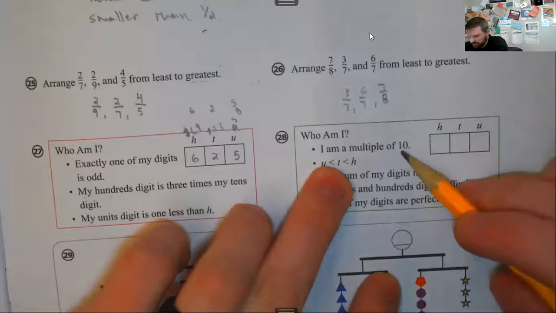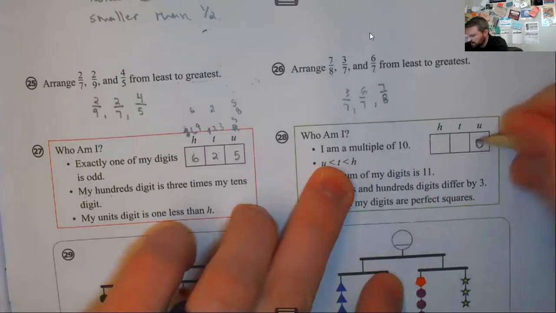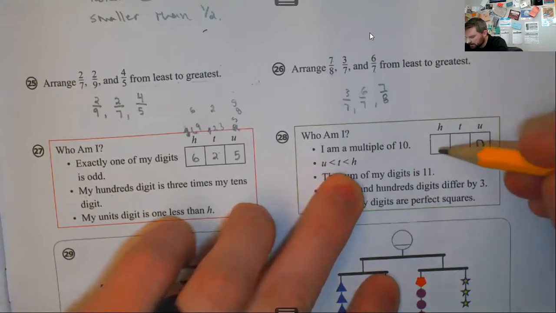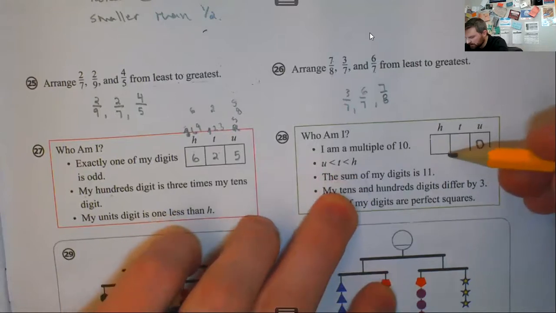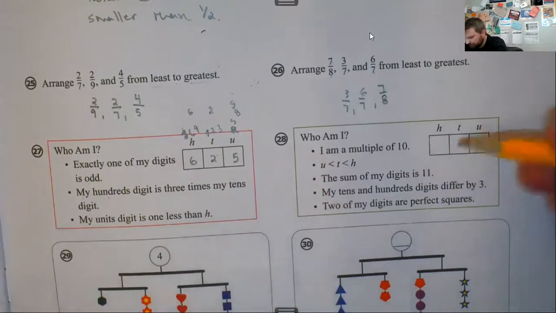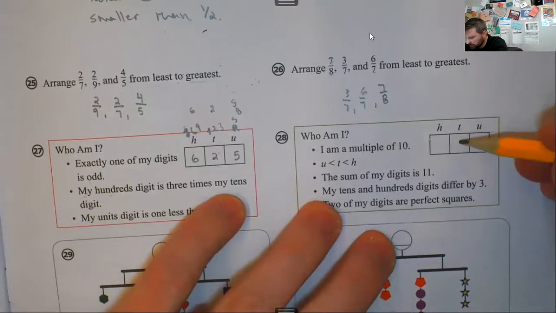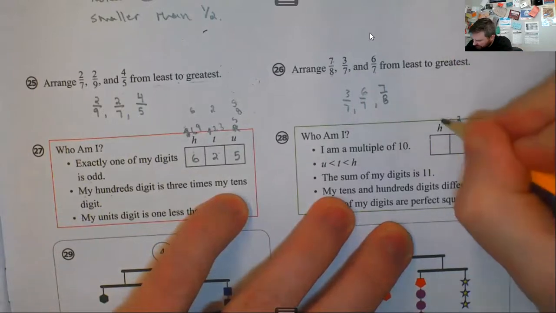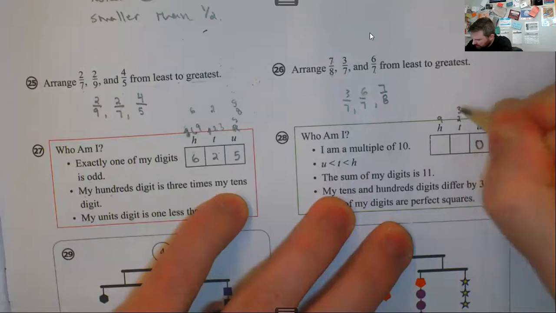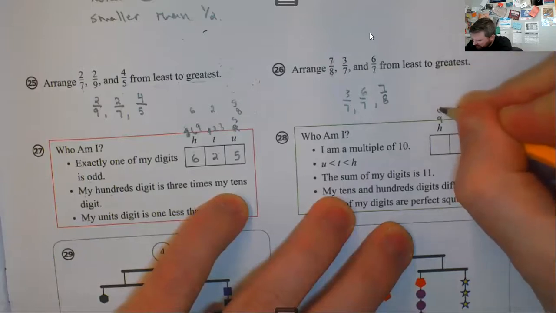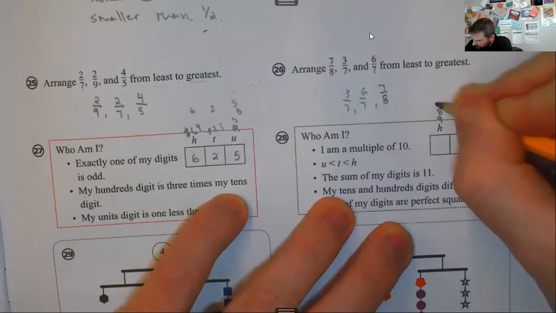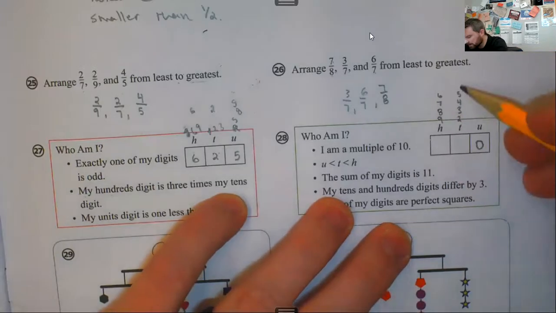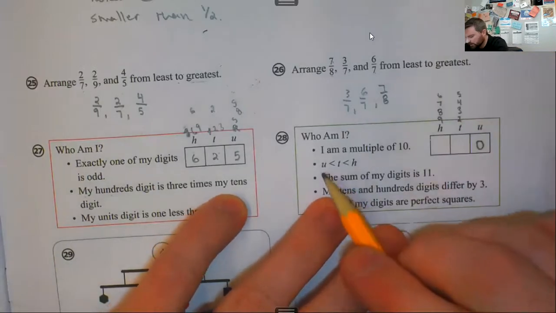I'm a multiple of 10. That means that this number here is a 0 automatically. Okay. U is less than T is less than H, so they get bigger as you go this way. The sum of my digits is 11. Okay, so if this is a 1, this has to be a 10, and that can't happen. So you got a 2 and a 9. You got a 3 and an 8. 4, 7, 5, 6, and I can't go any further because I'd go 6 and then 5, but the order